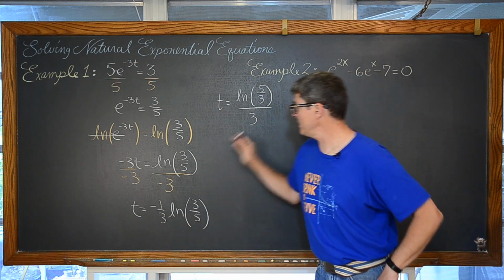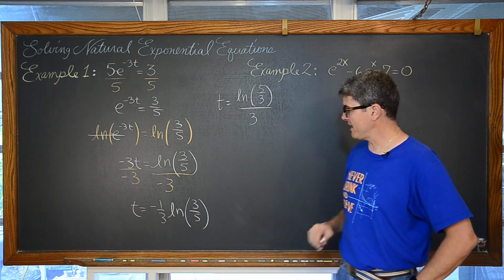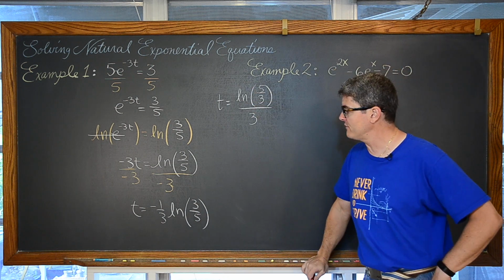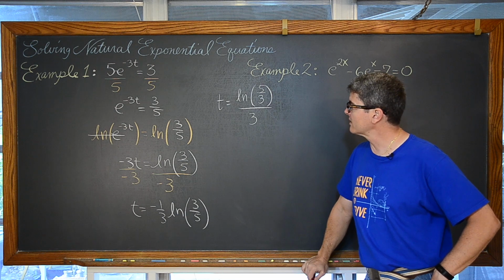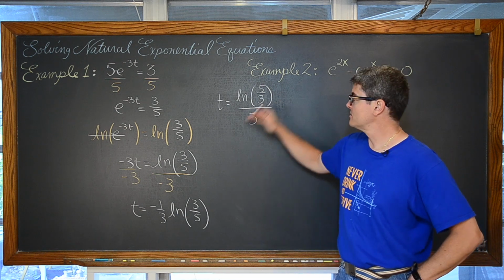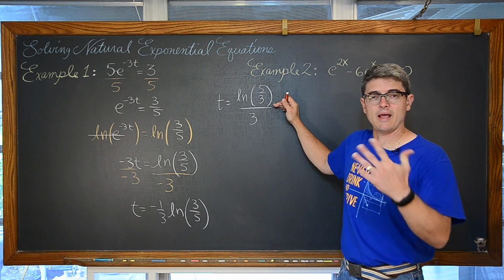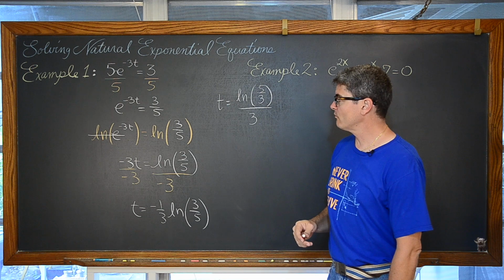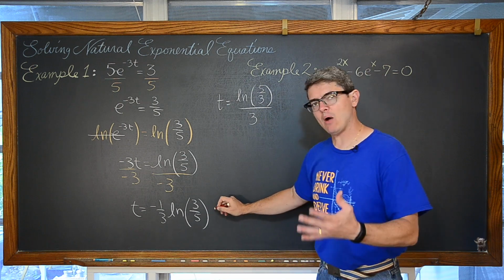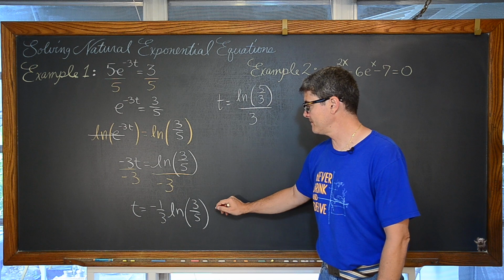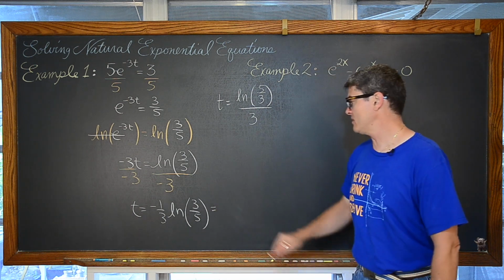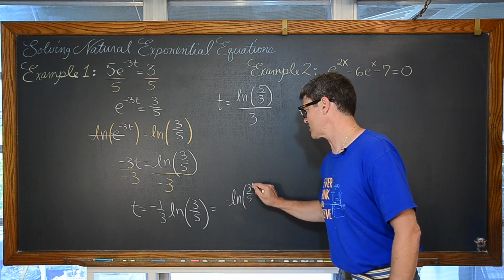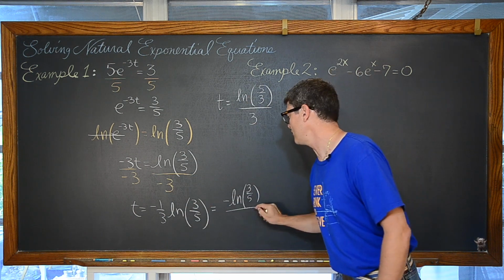We have a division of 3. Basically, we have the natural log of a fraction dealing with a 3 and a 5. But what the heck? How do you go from here to maybe this answer if you're using a CAS calculator, or again, you see multiple choice or the back of the book? Well, remember that we have that power rule for logarithmic functions, and we can write this as negative natural log of 3/5, over 3.